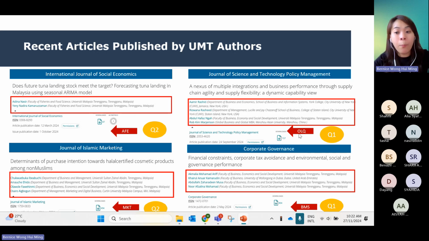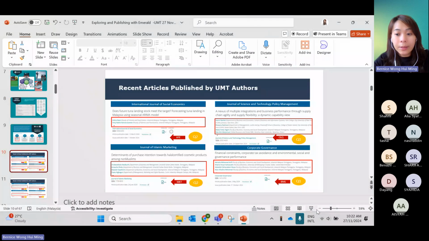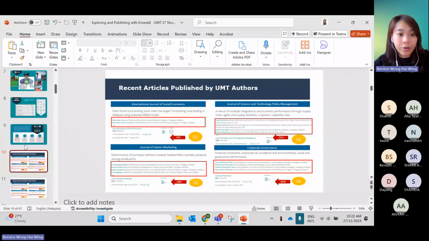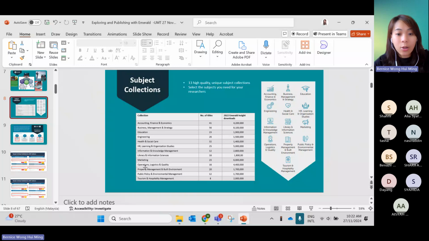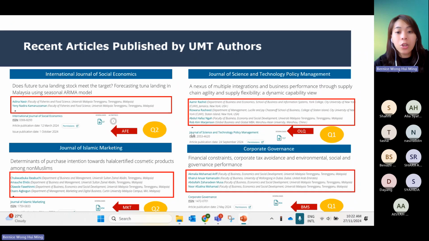OLQ is Operation, Logistics, Quality. The red bar represents the collection, and the blue bar represents the journal titles under this collection. In operations, logistics, quality, we have 16 journals. This author published in Journal of Science and Technology Policy Management in a Q1 paper.